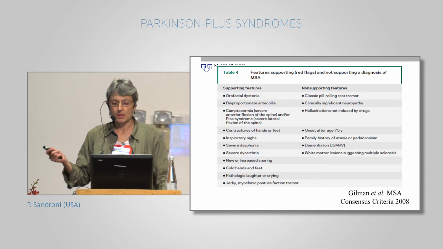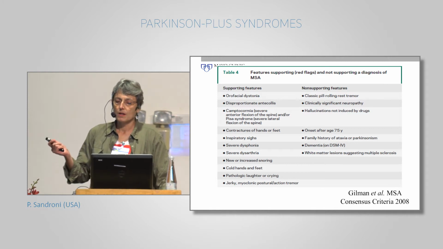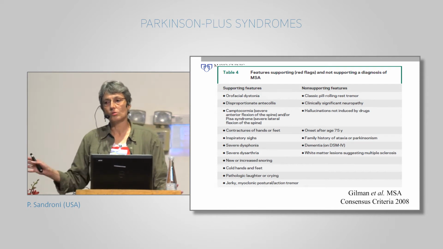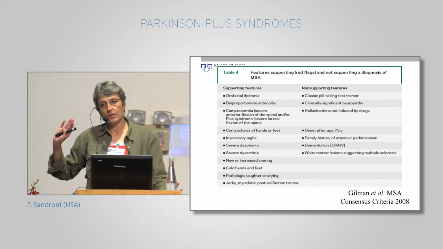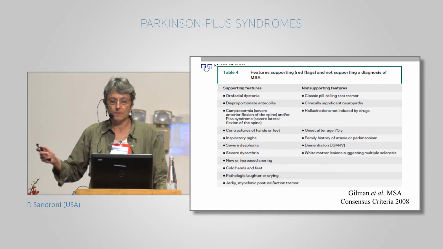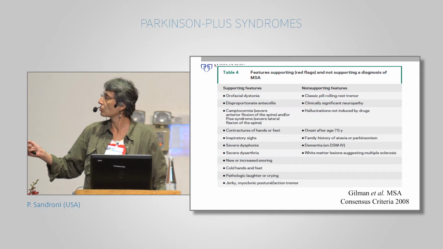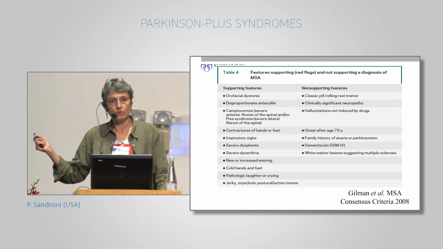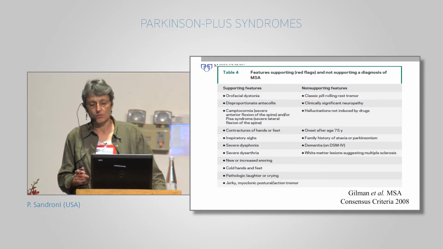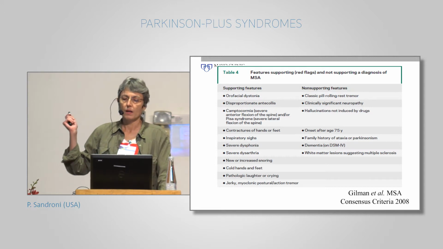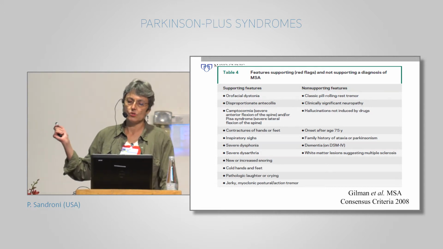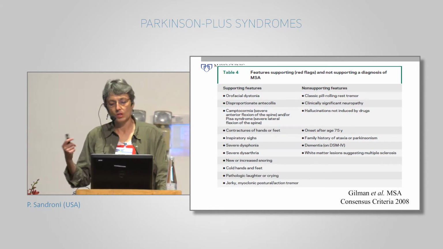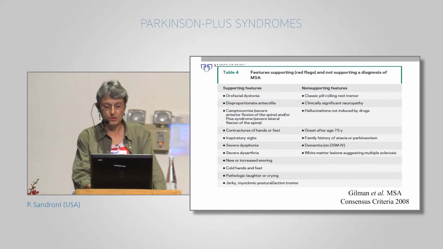affect, sometimes myoclonic tremor. If you see the classic pill-rolling tremor, usually that excludes the diagnosis, so that should make you think that this is not multiple system atrophy. Clinically significant neuropathy usually makes you think of something else. Hallucinations not induced by drug, again, don't usually support the diagnosis of multiple system atrophy and should be a flag. Also, onset in very old age is unusual. Family history should, again, make you think of something else. And, of course, other pathology